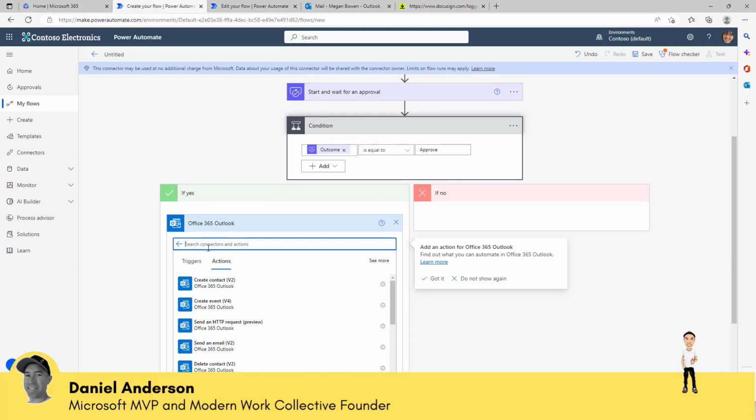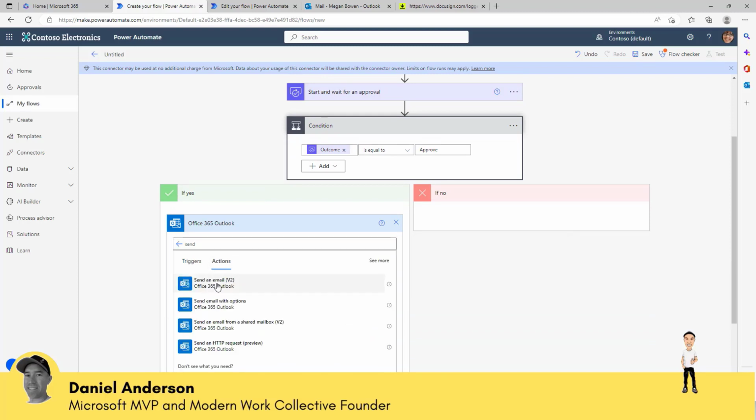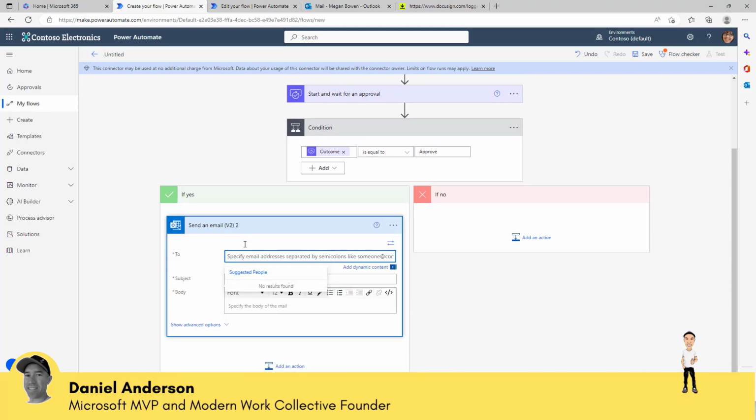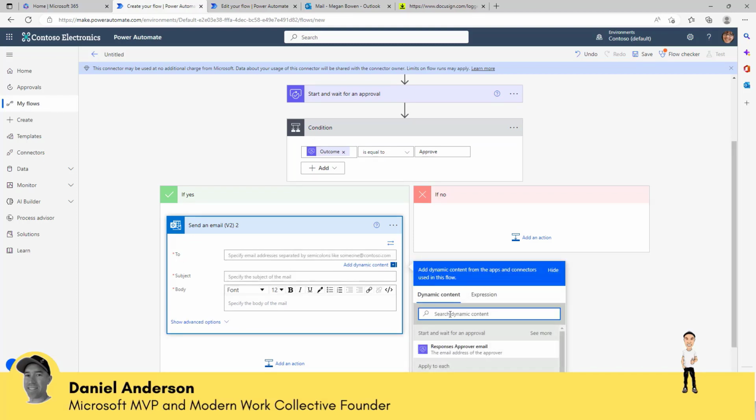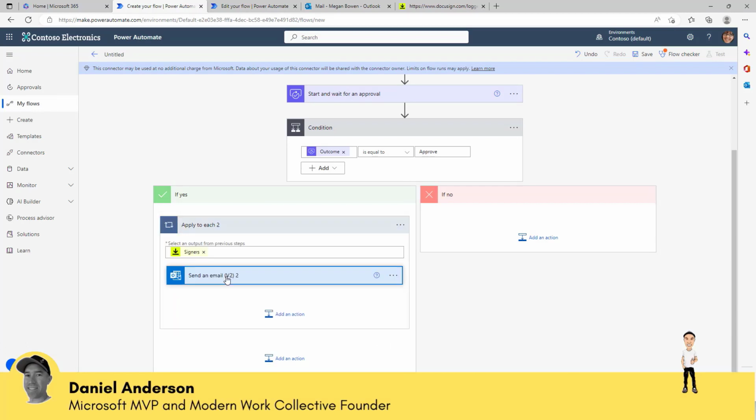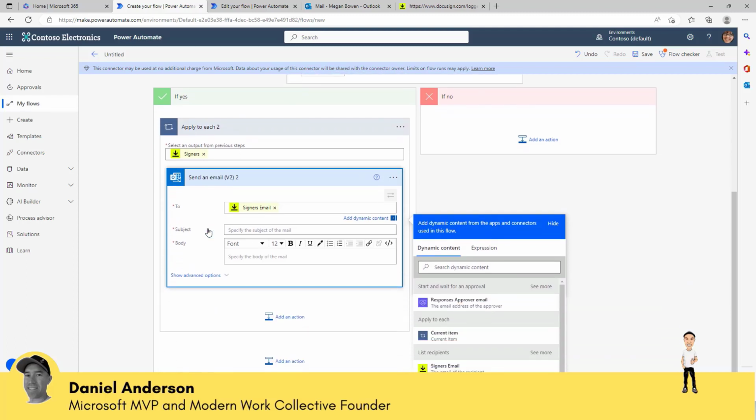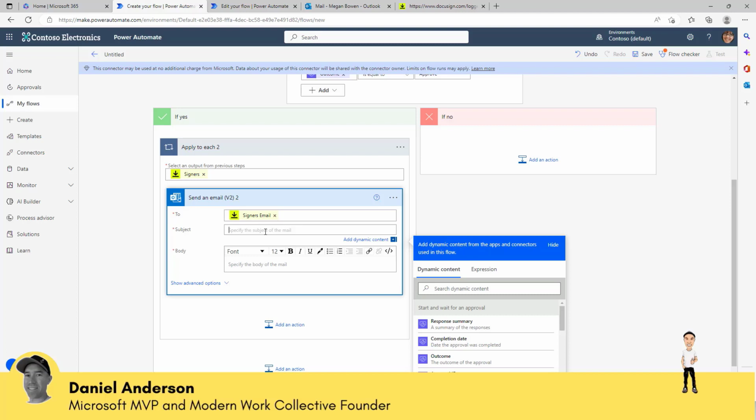So let's go send an email, and again what we're going to do is we are going to add dynamic content. We're going to go for the signer's email. So we'll go signer's email, again pops it into an apply to each, and let's go